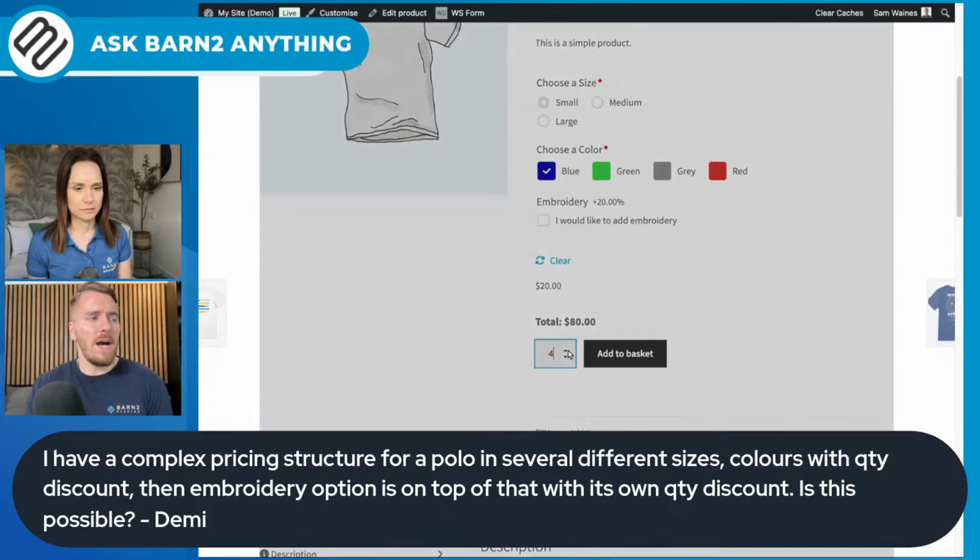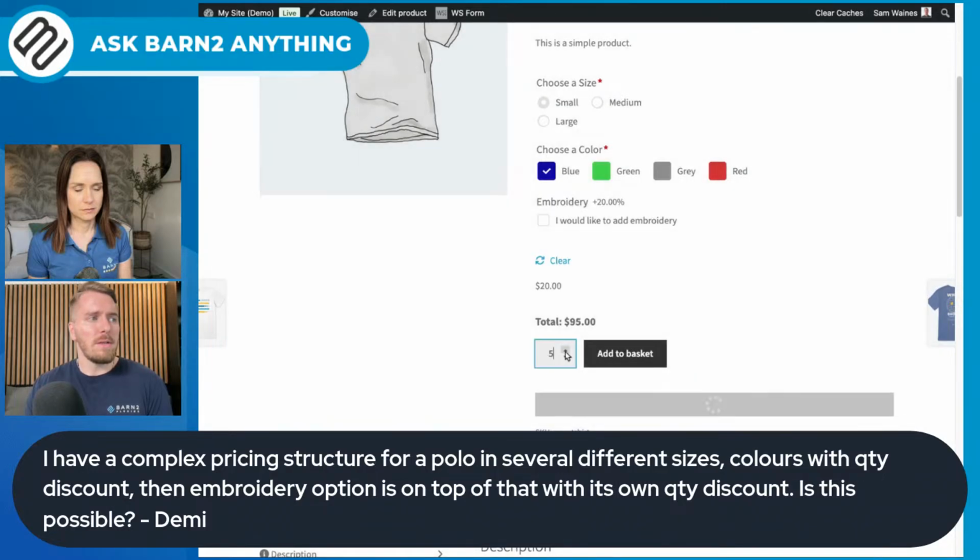But if I add 5 t-shirts, it's actually going to reduce the price by 5% on the entire order, because I've set up a price formula in the background to do that. If I go up to 10 products, it's going to reduce it by 10%. So I can show you how I set that up on the back end, but I just have to